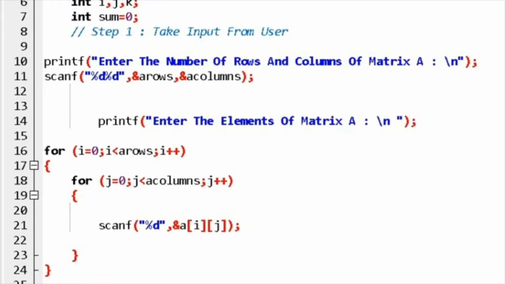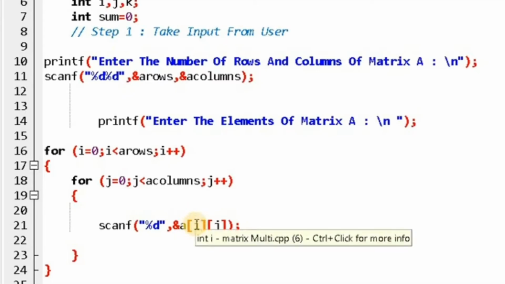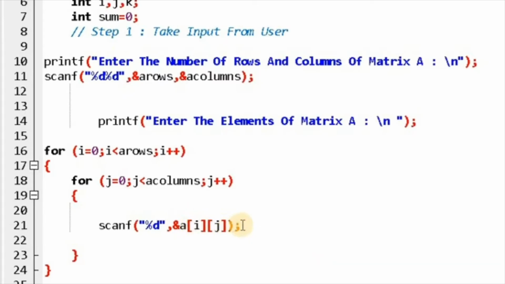अब यसमा आइसके पछाडि के हुन्छ, i को value 0 र j को value 0, 0 0 store हुन्छ र a position मा 0 0 position चाहिँ के हुन्छ, store हुन्छ। जस्तो कि i को र j को value अब first loop मा 0 0 भयो भनेपछि अब यो place मा चाहिँ के हुन्छ, value बस्छ। सुरुमा enter गरेको value चाहिँ 0 0 position मा बस्छ, जस्तो कि हामीले previous slide मा देखिसकेको छौँ position। र अब second loop मा के हुन्छ, j को value increment हुन्छ, because यहाँ plus plus छ, right. So j को value 1 भयो, i को value already 0 छ। अब के हुने भयो, i को value 0 a 0 र 1 position मा गएर अब के हुने भयो, 0 1 position मा अब next value जब enter गर्छ user ले